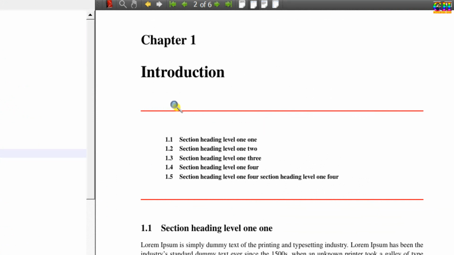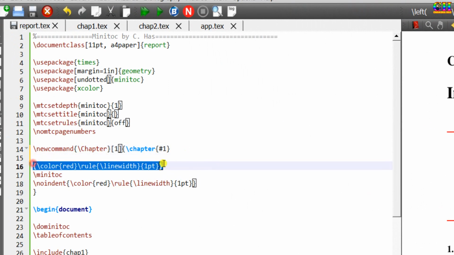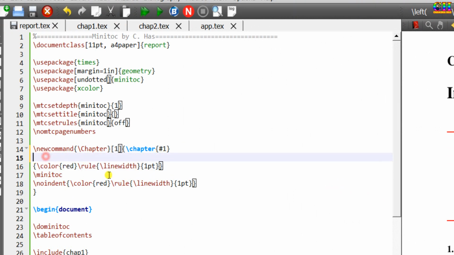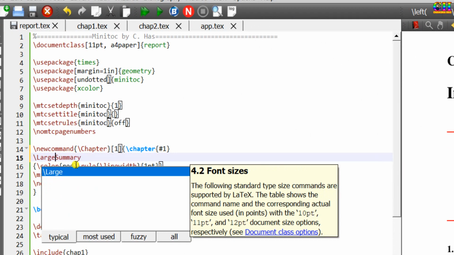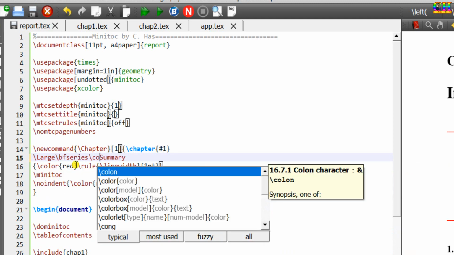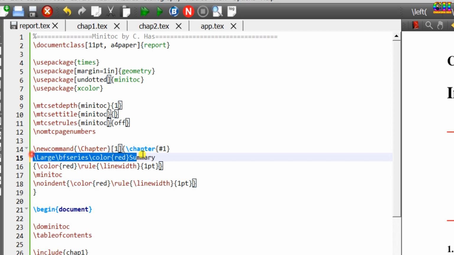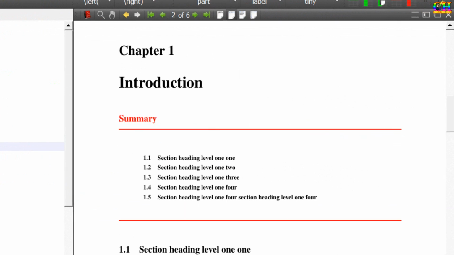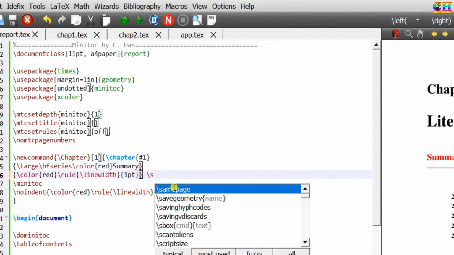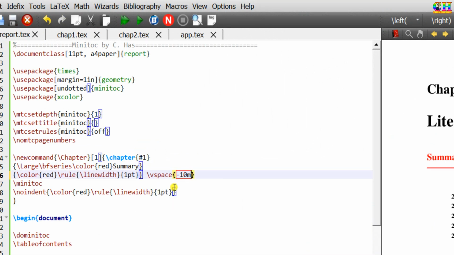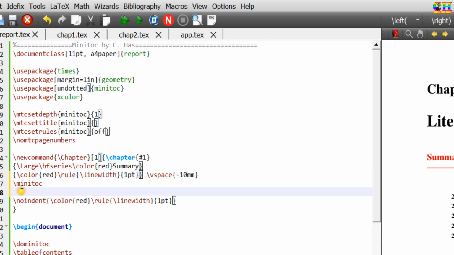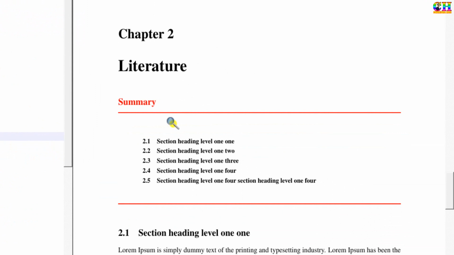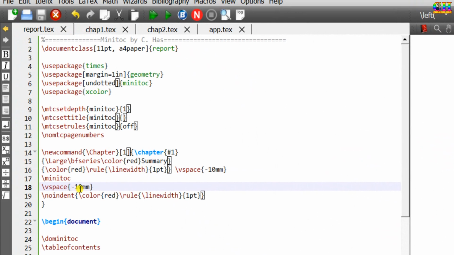We can also add the minitoc title at this place. So just before this line, write the title. We can set the font size, also color. Put this line also in curly brackets. We can change the spacing, this one and this one. The spacing we can control using a vspace command. Vspace just before this line as well. You can change the length and see which one is working for you.